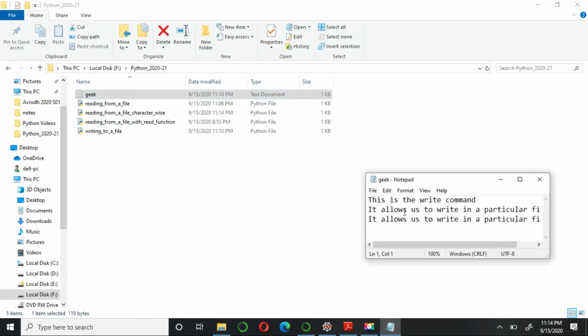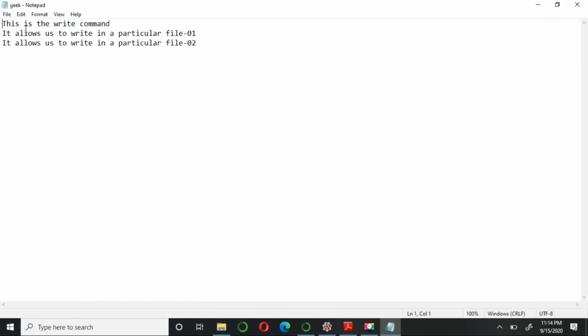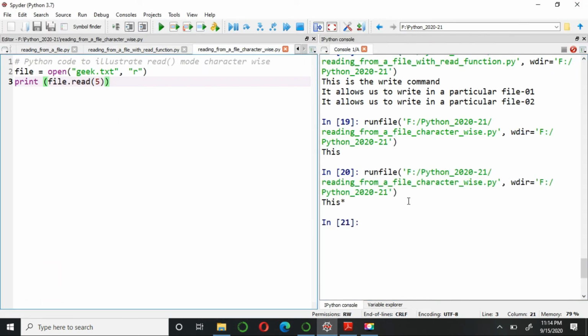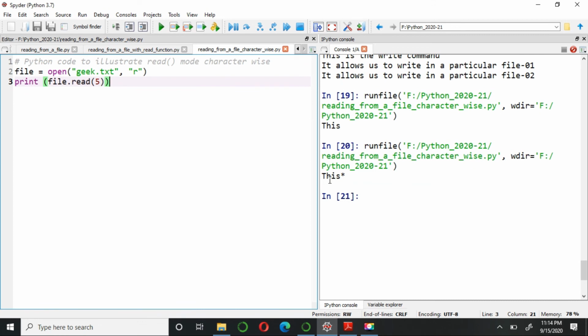See this, I'm going to merge this and write a star here just to show you the concept. If I execute it again, you can see now it is printing 5 characters, THIS. So with the help of the read function, yes, you can also provide a range of characters that you are going to use in your programming.